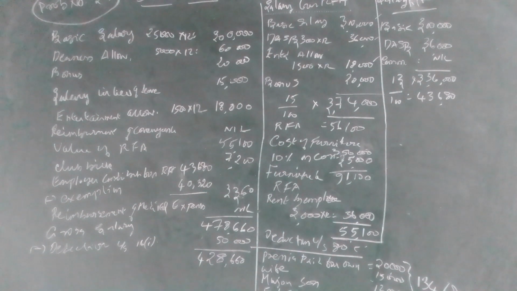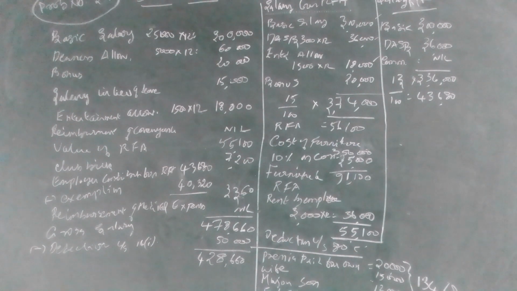Please put a point on this in the question. 5,000 per month is the dearness allowance, and 3,000 per month enters into service benefit. So for the calculation of RFA, RPF, etc., you should take 3,000 into 12, whereas for income purposes you will have to take 5,000. So what is the difference? 3,000 is the amount of DA that enters into service benefit or pay benefit, whereas the total amount of DA, we have to take for the salary statement.